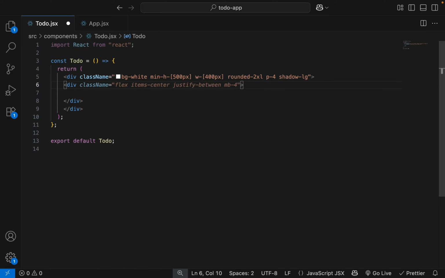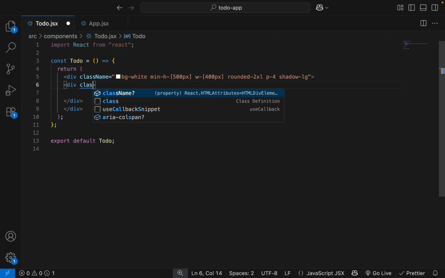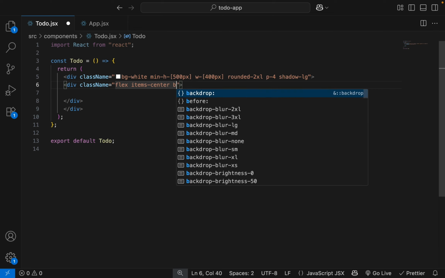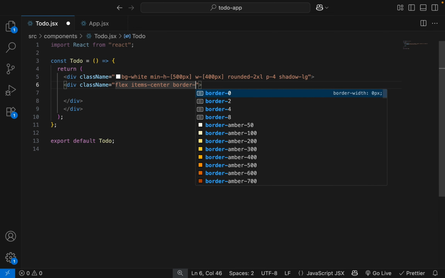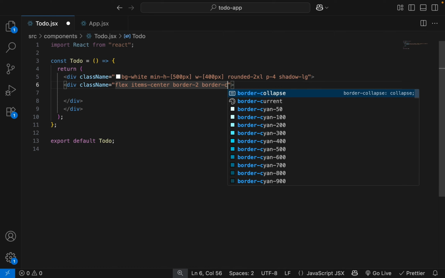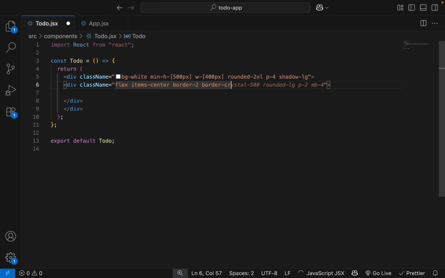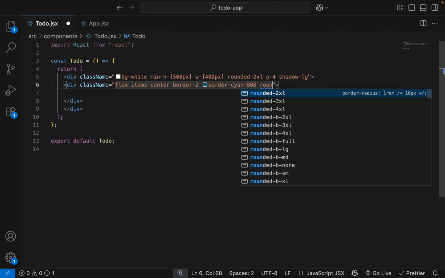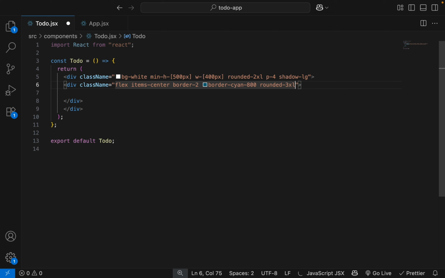After that, add a div, add some CSS classes, flex, items center, border 2, border, rounded 3XL, overflow hidden.